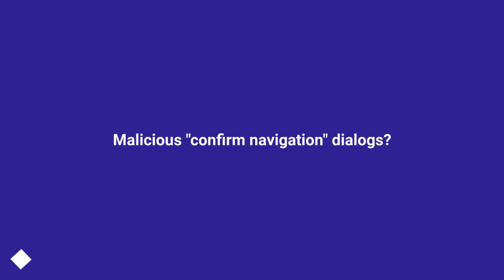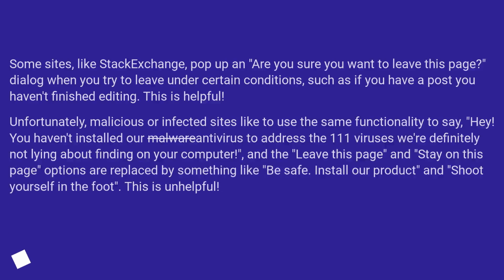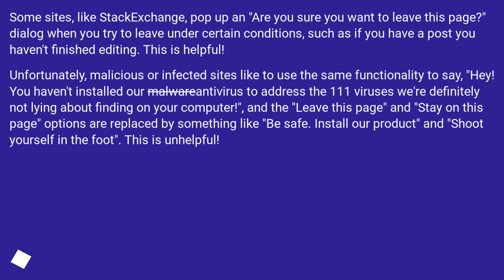Malicious confirm navigation dialogs. Some sites, like Stack Exchange, pop up an "Are you sure you want to leave this page?" dialog when you try to leave under certain conditions, such as if you have a post you haven't finished editing. This is helpful. Unfortunately, malicious or infected sites like to use the same functionality to say, hey, you haven't installed our malware antivirus to address the 111 viruses we're definitely not lying about finding on your computer,